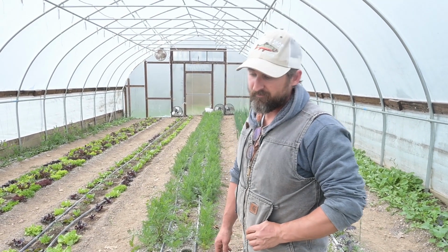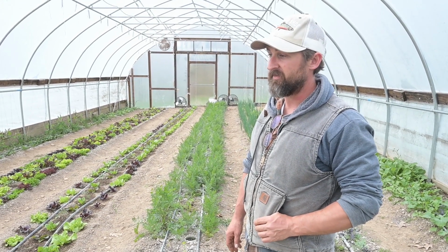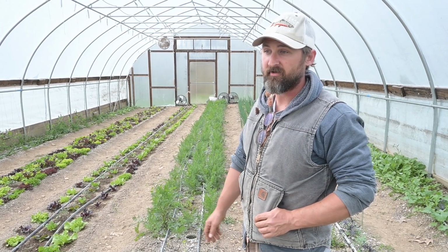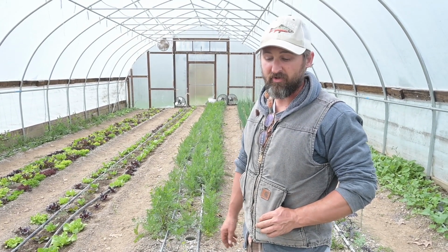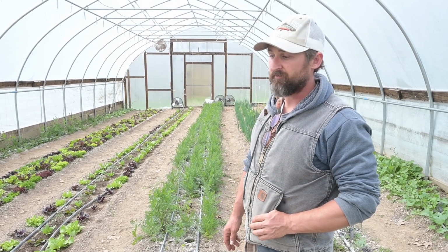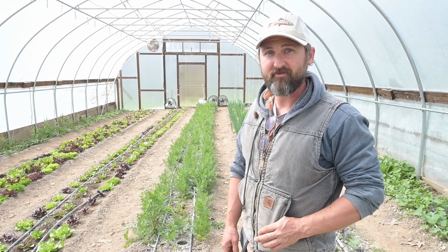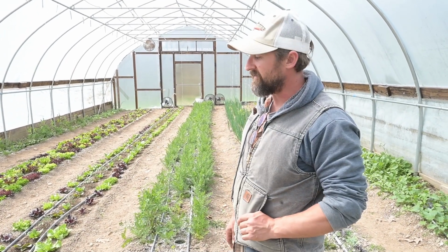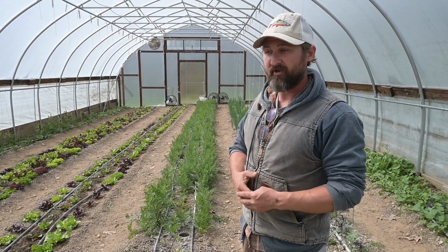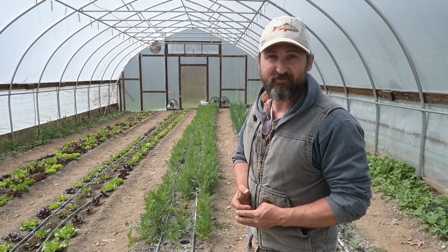And they were trying to kind of pass over the reins, so I came and they had a bit of the infrastructure set up, and I'm trying to build my own to expand the operation. But my focus is on greens and market gardening, and also trying to learn more about peppers and tomatoes and some of the summer crops as well. Working from a smaller footprint here, got a little tunnel that I've been practicing learning this climate in,